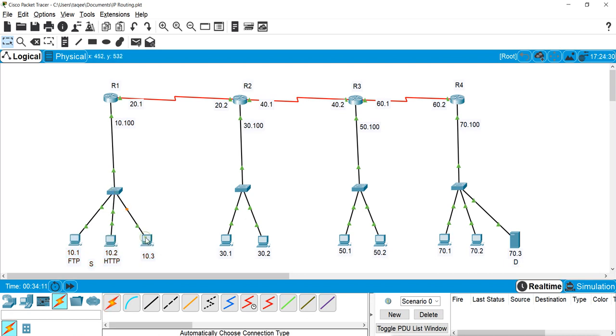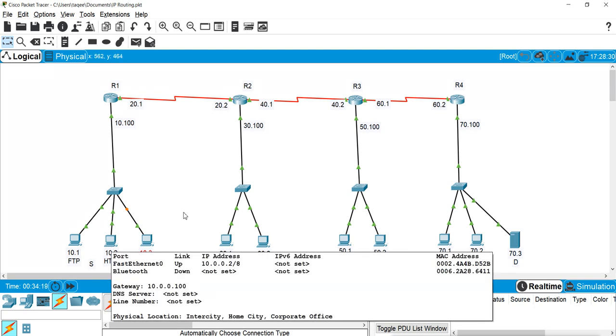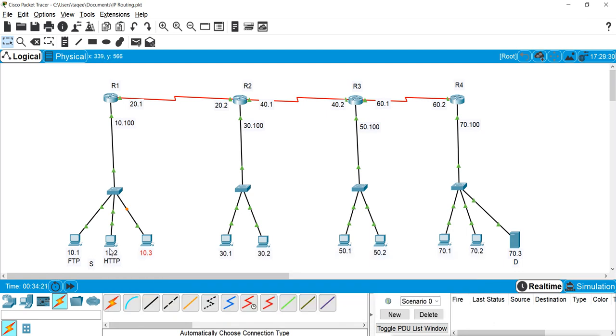Okay, so I'm going to use these two machines as a source because I'm going to create a list for these two machines. I'm defining these two machines and I'm saying that this 10.1 cannot access FTP, anything else it can access, and 10.2 cannot access the HTTP service, anything else it can access, and this 10.3 I'm not using anything for it, so it can access all.